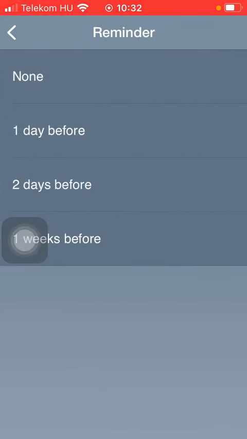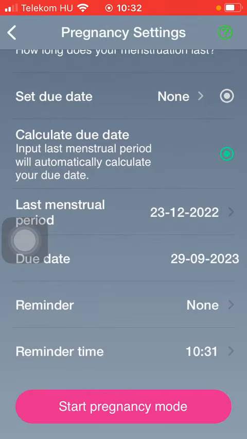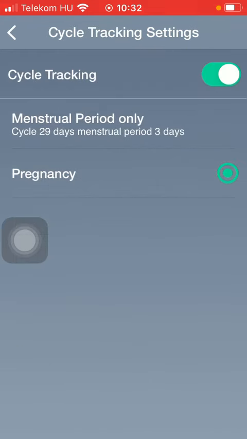You can also turn on reminders 1 day before, 2 days before, or 1 week before. And you can also set the reminder time. And tap on the start pregnancy mode button to